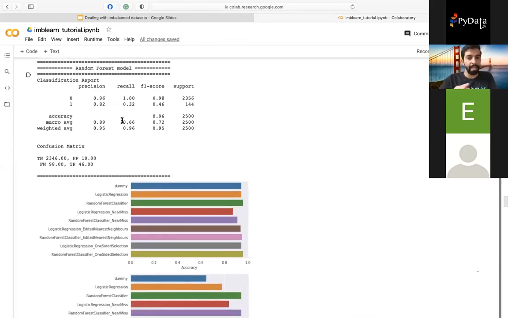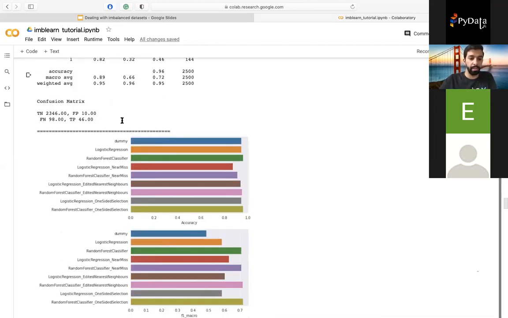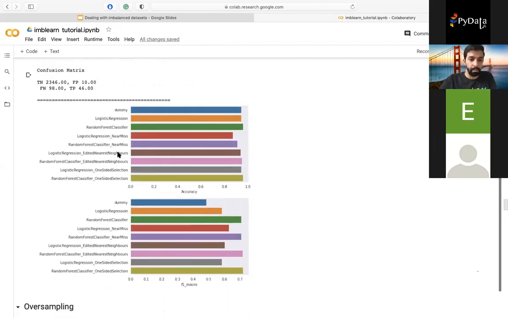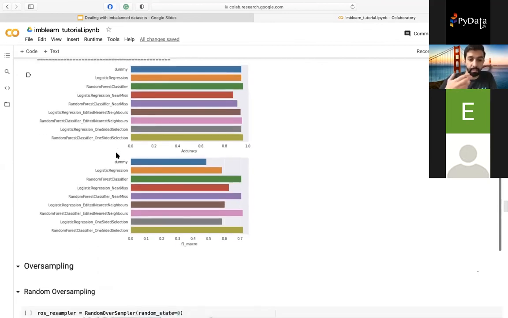But now we can make some inference that actually the inner points are more important than the boundary. We see that removing the boundaries hurt more than removing the inner points. The near-miss underperforms the edited nearest neighbors, which means that the inner points are more important than the boundary points.